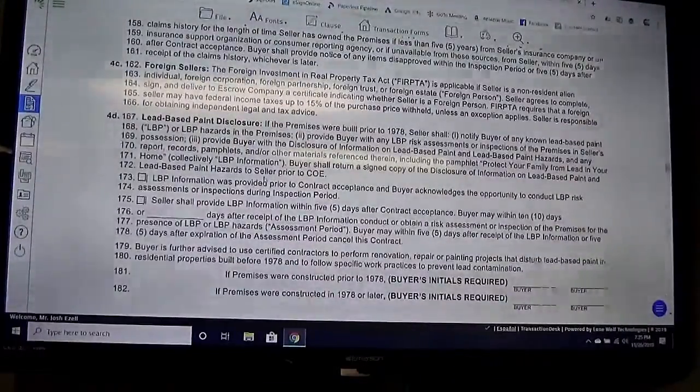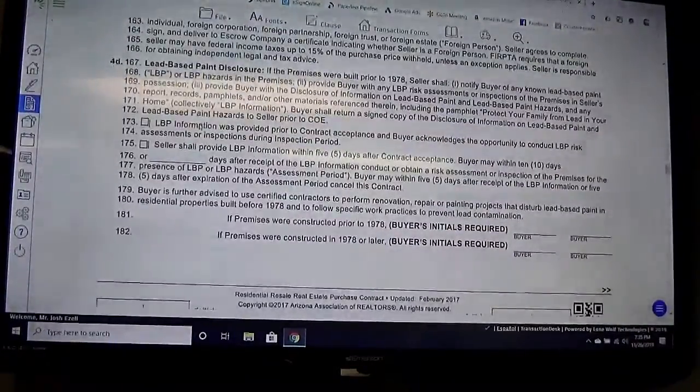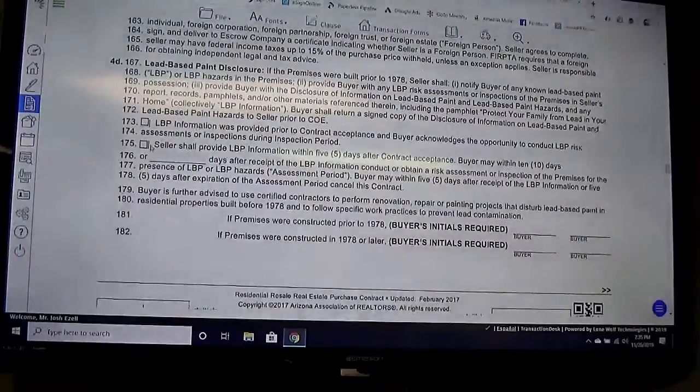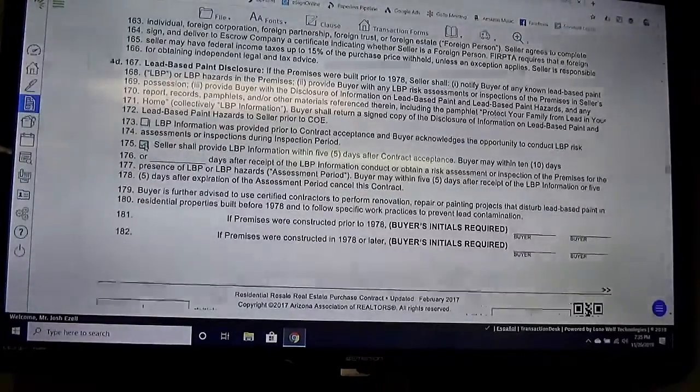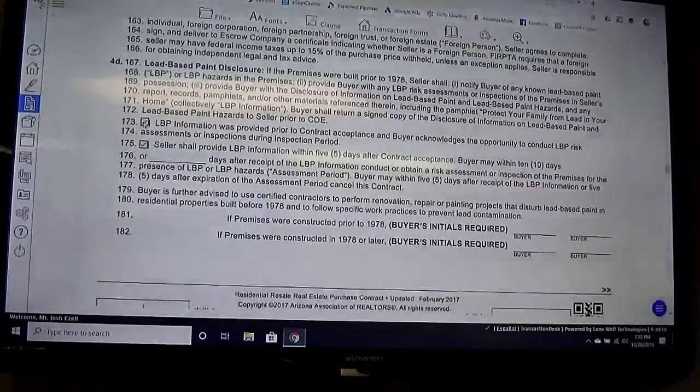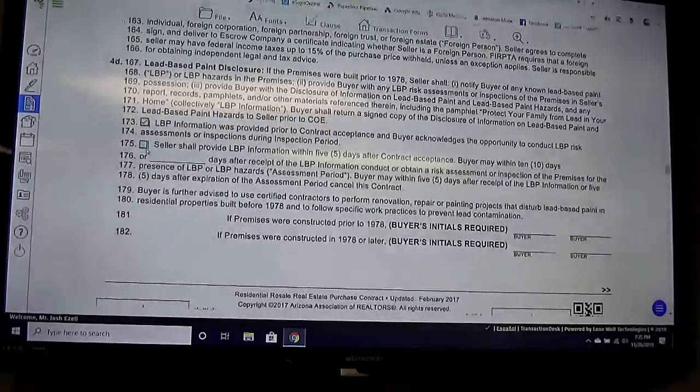Now, lead-based paint, same thing. Are you going to require the sellers to offer and do something, or are you going to basically try to streamline and make it easy? Dude, streamline, make it easy. Yep. So you definitely want to do 173, not 175. 173 says it was provided prior. If lead-based paint is an issue for you,